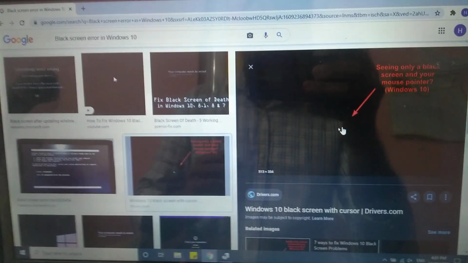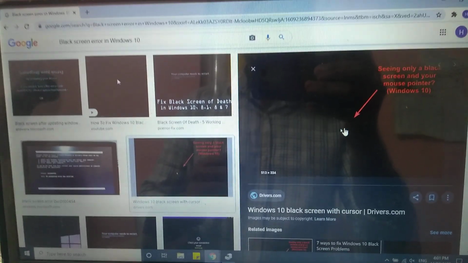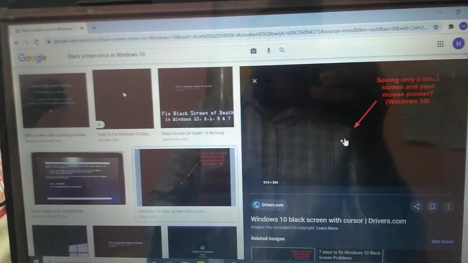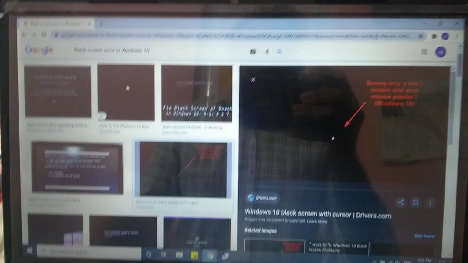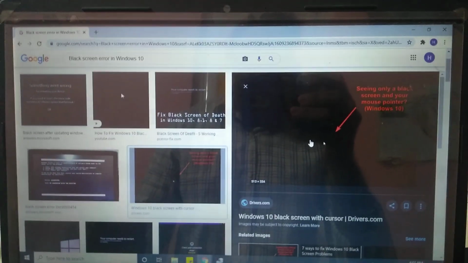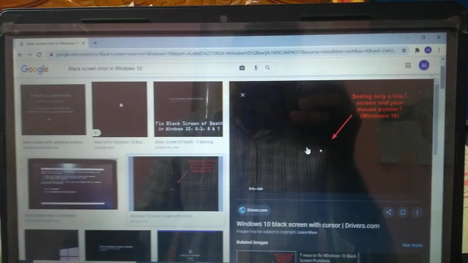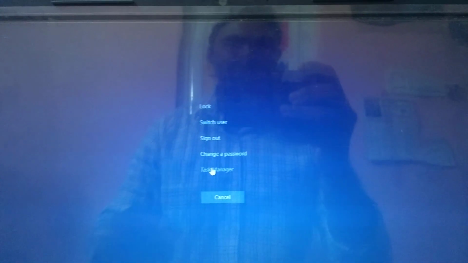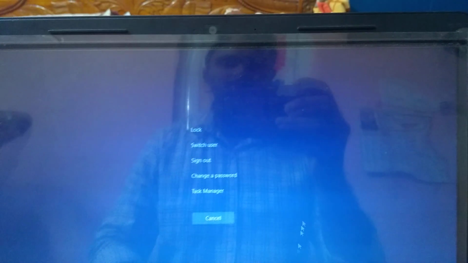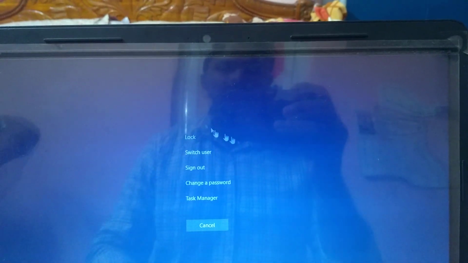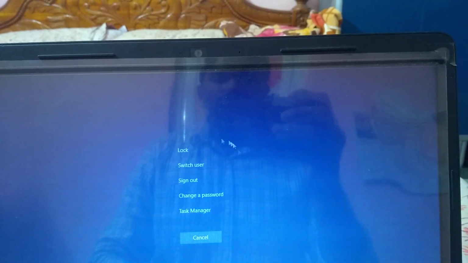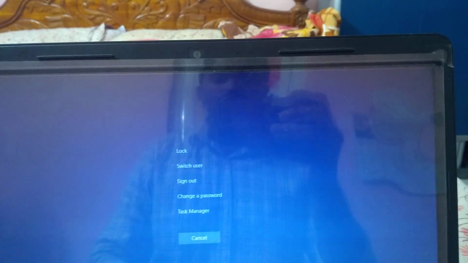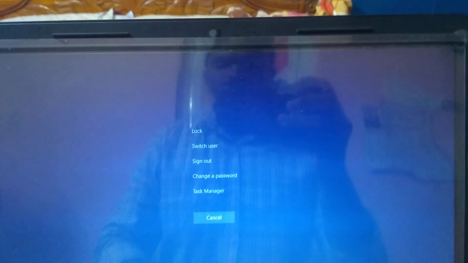Okay, so I will explain by taking you to the troubleshoot options that Windows provides. The very first step that I did when I came across this black screen issue, I pressed Ctrl Alt Delete to enter the task manager option. After seeing this screen, the task manager option is available, right? So I wanted to click on it, but when I pressed Ctrl Alt Delete, this screen did not pop up. So I don't know, there is no clue what is happening in my laptop, why it is not showing this screen. So in order to reset or restart my laptop, I used the power button to restart the laptop.